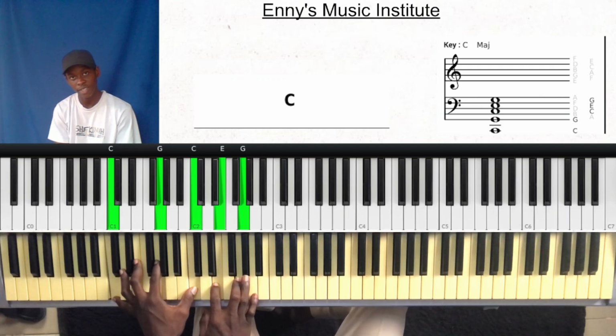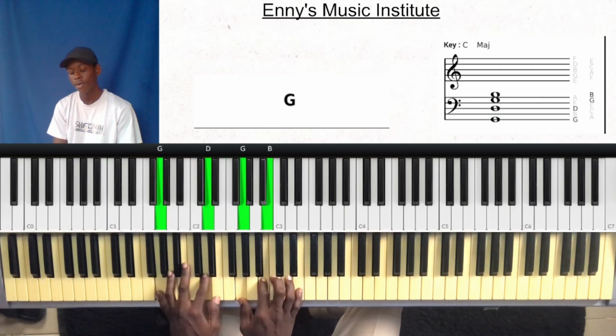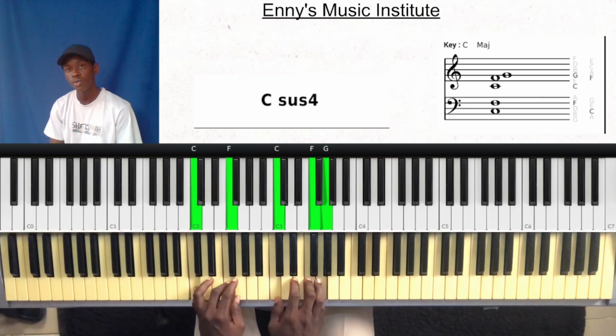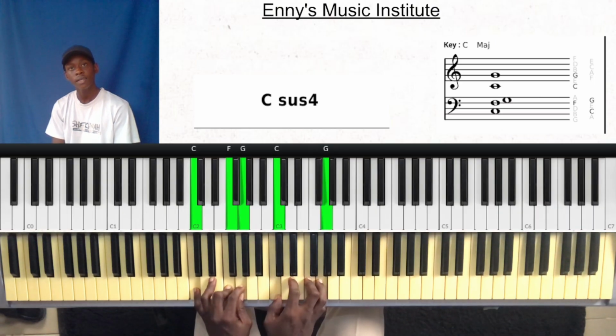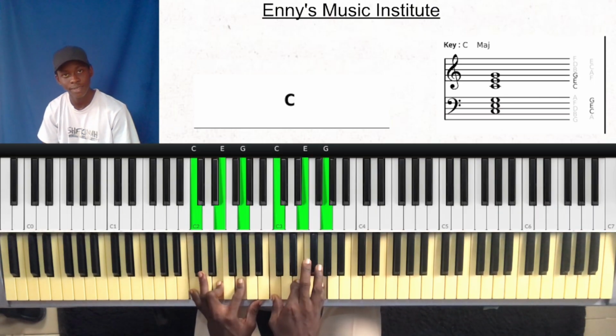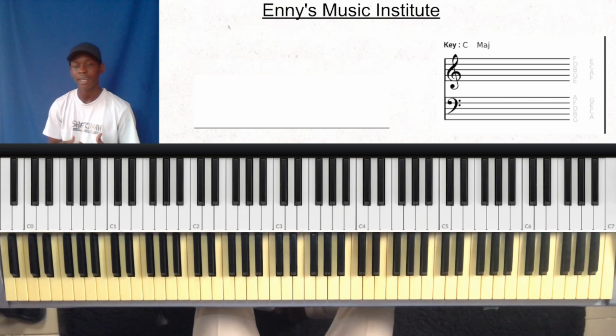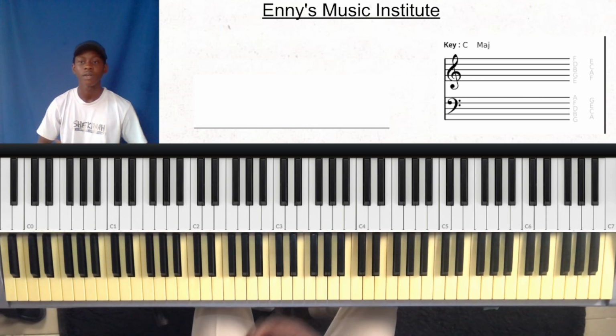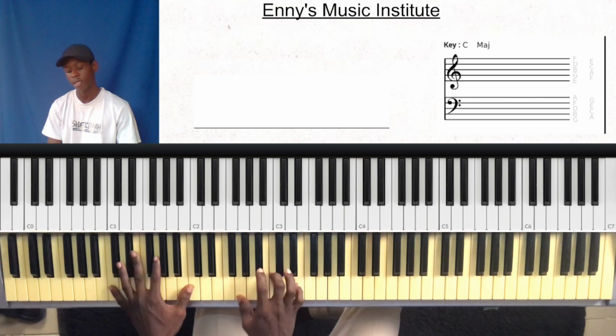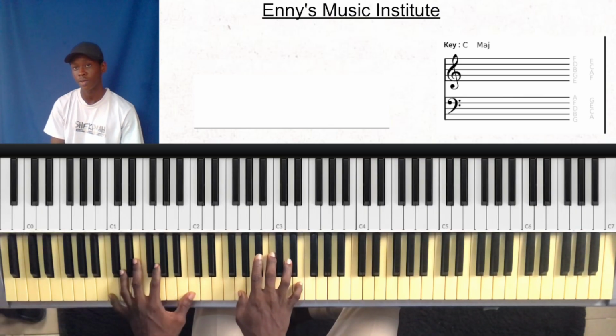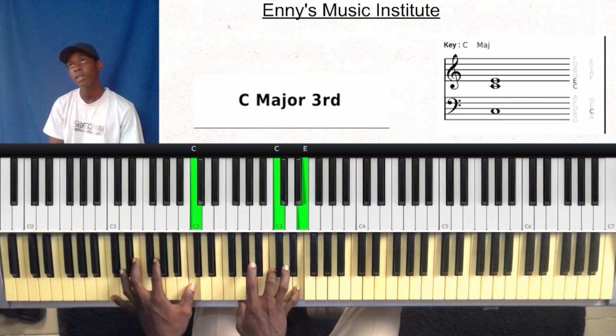I did it there again towards the end. So you are worthy to be praised. So that's it. It's very simple in application. As simple as it is, it adds this beautiful spice to your play. So let's look at a major chord that's not diatonic. So we have this song, Yeshua